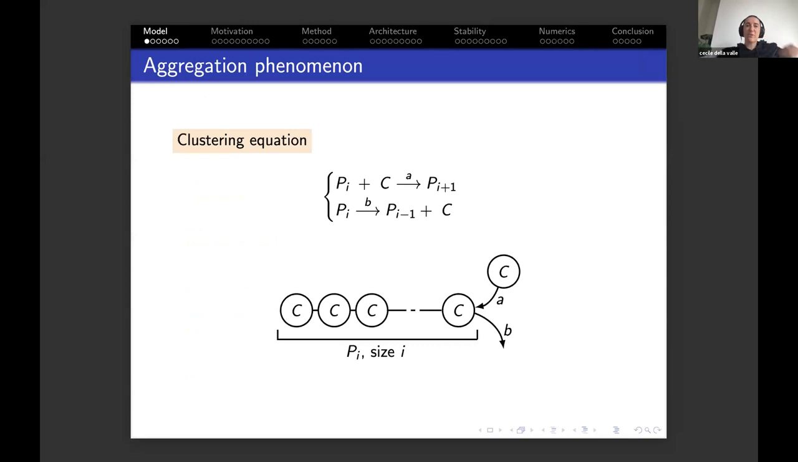So first, in an aggregation phenomenon, you have a cluster of size x containing x particles. And for example, if you have a filament of particles, at its end, you can add or retrieve a particle. And you have two types of chemical reaction. So if we put that in a mathematical setting,